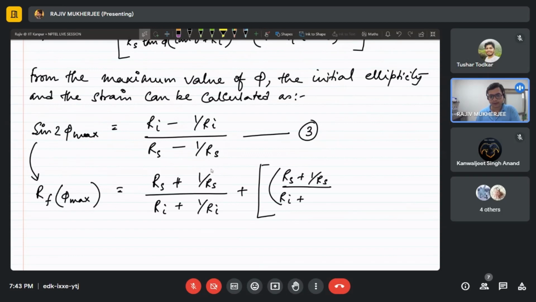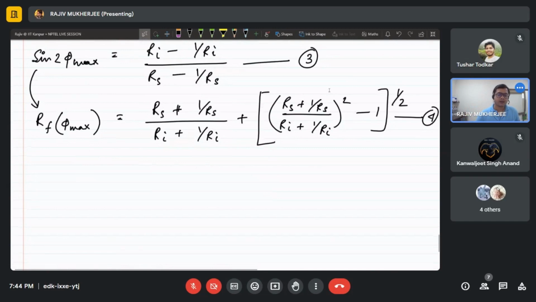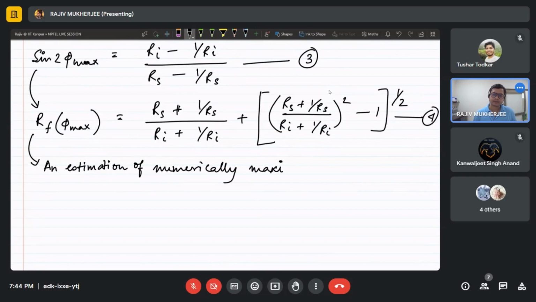And by using all these formulas, we can have an estimation of numerically maximum and minimum value of RF. That means RF max and RF min,